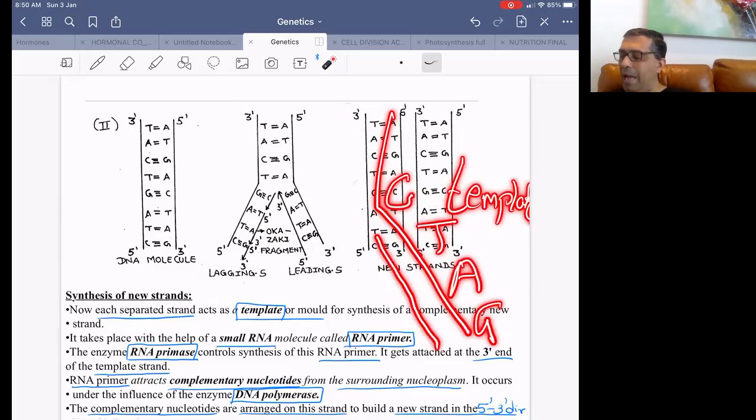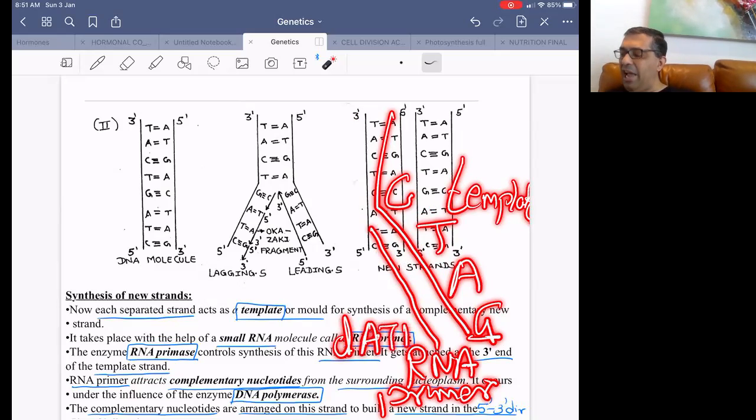And this is the RNA primer molecule. In between, guanine will be read by deoxyadenosine triphosphate. Sorry, deoxycytidine triphosphate. I'm so sorry. Deoxycytidine triphosphate. Then adenine will be read by